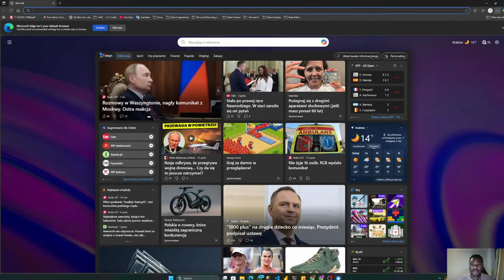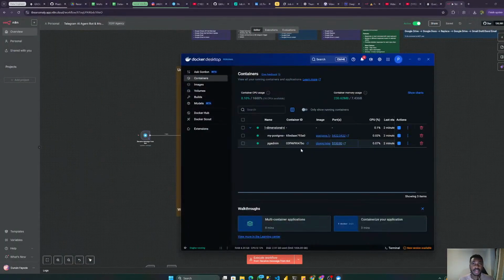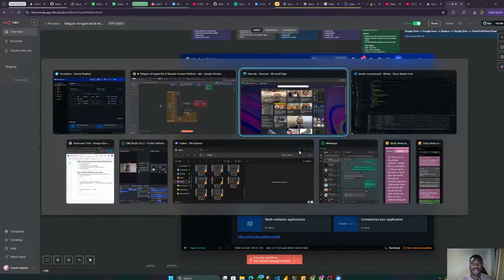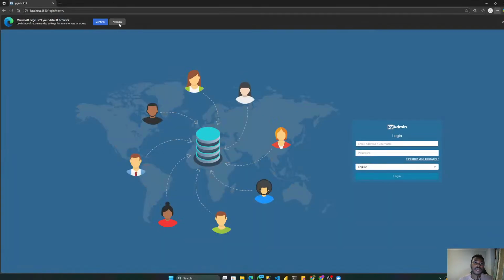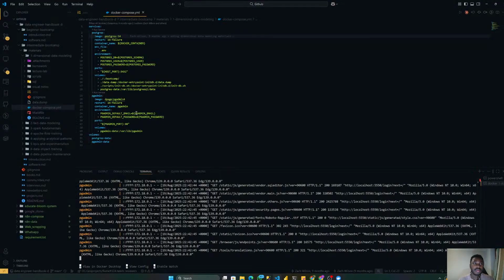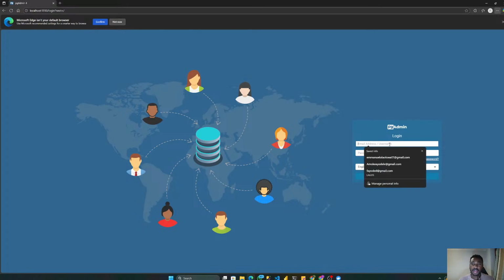Let me see if it's going to work. Copy. So it works. So open. We look for my environment and copy this password and